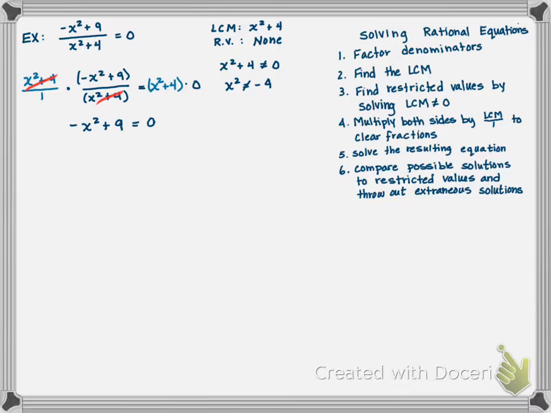So we get negative x squared plus 9 equals 0. We want to factor the left side. So this is one of the reasons that we always take that GCF out. If the first term is negative, we always pull out a negative. Because at first glance, this doesn't look like a difference, right? It looks like 2 terms added together. But if I take out my negative 1,